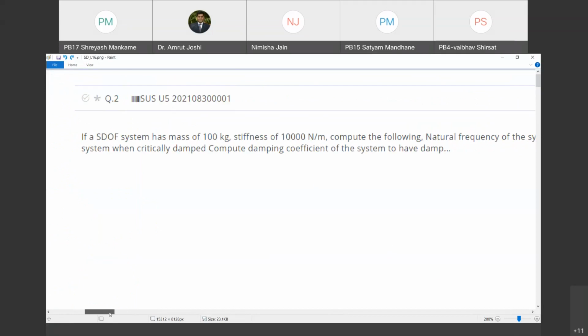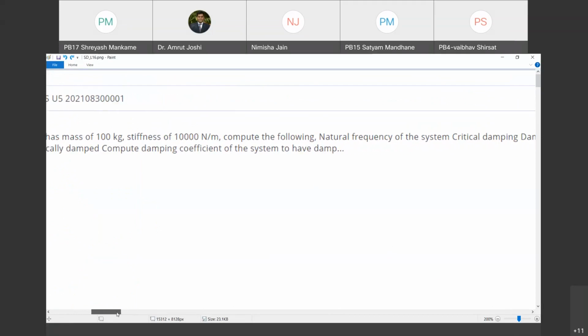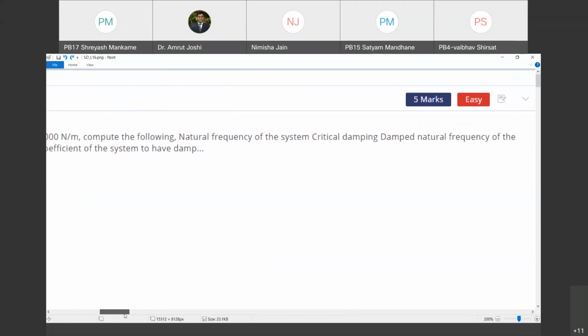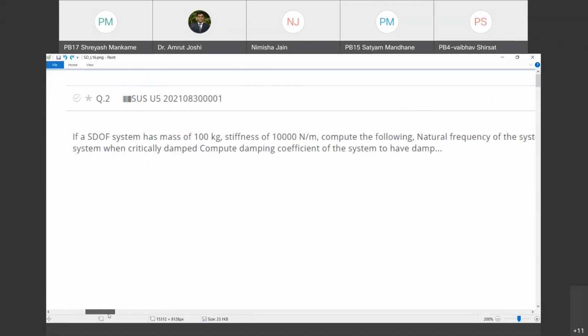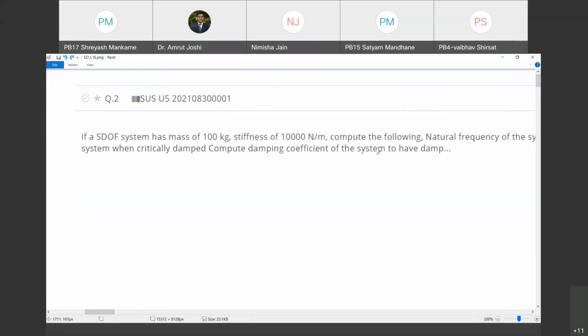If a single degree of freedom system has a mass of 100 kg, stiffness of 10,000 Newton per meter, compute the following: natural frequency of the system, critical damping, damped natural frequency of the system when critically damped, compute damping coefficient of the system to have